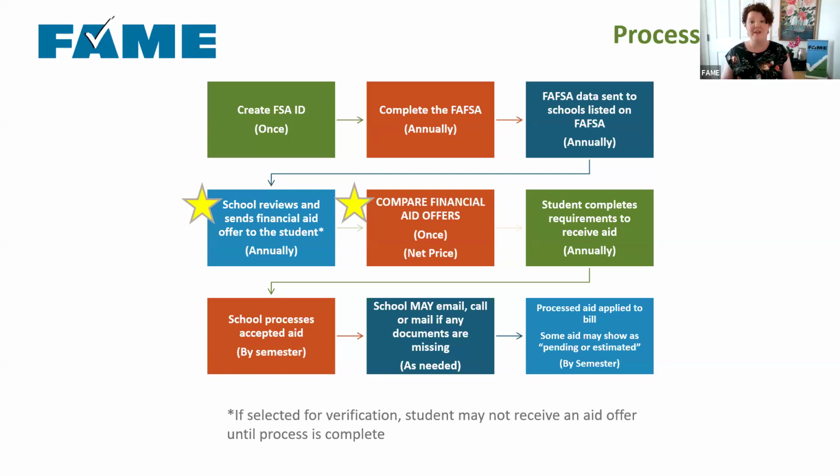They are then going to file that FAFSA. So they're going to need to do that every year that they want to get financial aid to cover college costs. And once they've completed that FAFSA and it has been processed, that FAFSA data is sent to the colleges that the student listed on the form. When they are first filling out that form, they can list up to 20 colleges, but a lot of times students are just going to put a few to begin with. And it's possible later on they might add an additional school. When they add that school, then the FAFSA is automatically going to send the information to that additional school.